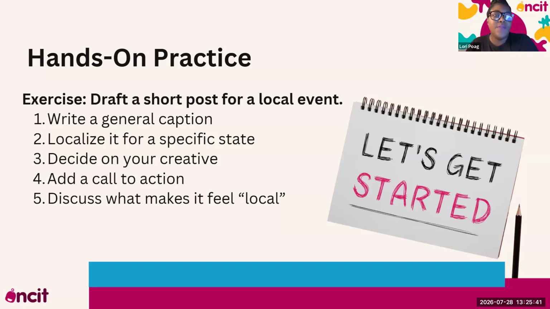Even with this exercise that we're doing, as you are doing it in the real world in real time, if you want to pull your cell phone out and take a picture of this, these are all attributes that you will need for creating a social media post or a post that you want to turn geotargeting on with. So you need a call to action. By call to action, I mean visit our website, sign this petition, show up to our event. You want to make the person take some action once they're done looking at your post.